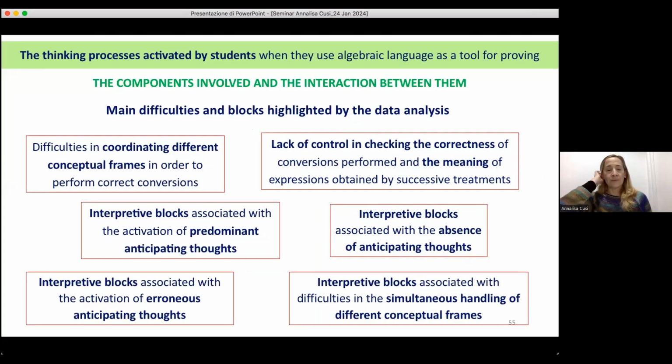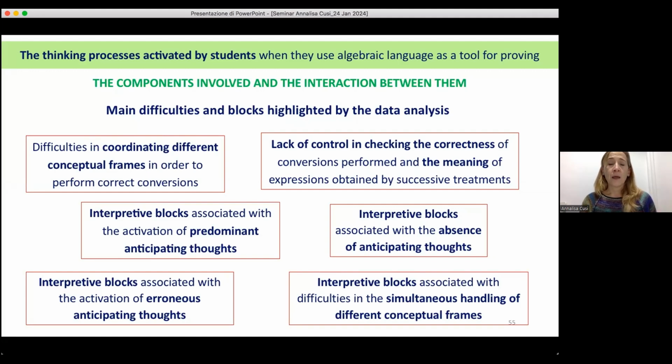I analyzed a lot of discussions like the one that I showed, and it enabled me to highlight many sources of difficulties for students related to problems in activating all these components and making these components interact effectively. First of all, I highlighted difficulties in coordinating different conceptual frames, and it is evident in the example that